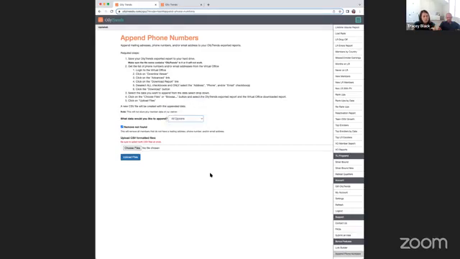So you could then effectively take that and send postcards, or you could upload them into Project Broadcast and send a text message. Or maybe you're using a separate email program and you can send an email, right? I don't know if you use Flowdesk or ConvertKit, whatever way you use to email people, you could then email it to them. So this is a fantastic feature, and we often get the question, how do I add phone numbers? How do I add email addresses? This is the way to do it.